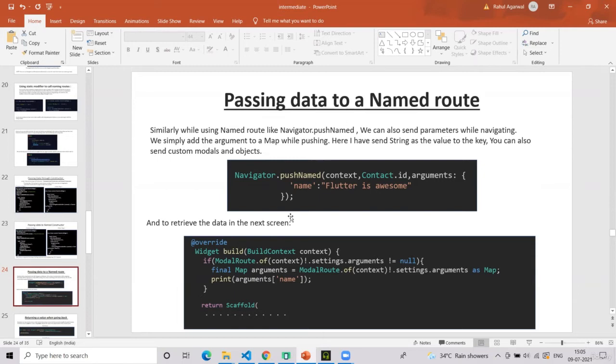You can see here with the example Navigator.pushNamed, context, contact.id, then it's a new parameter called arguments and it accepts a map. Here the key is name and the value I have given here is a string, but you can also have different objects or custom models in future. But to understand the concept, you have to see how it's done.